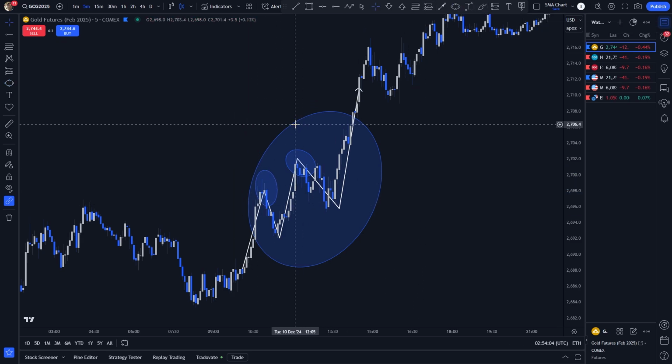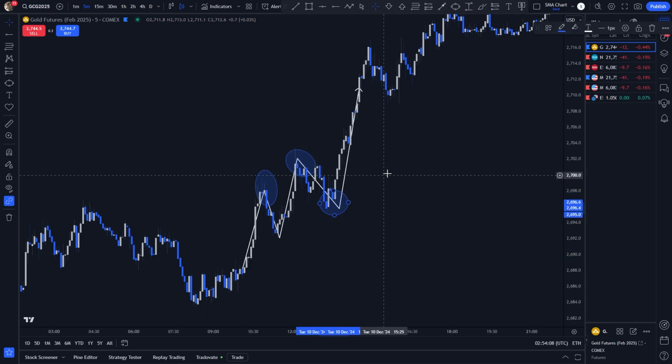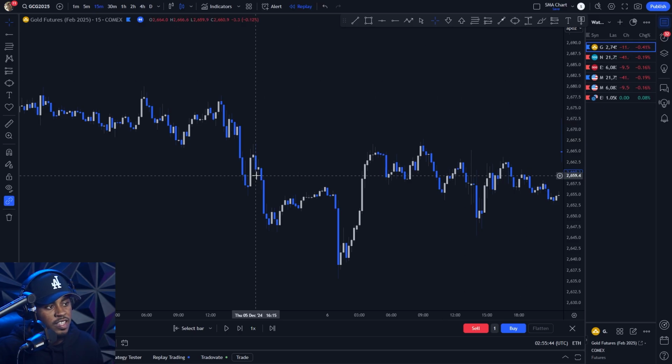Let me delete this so you guys can see exactly what I'm talking about. There we go. And this low is much higher than this low right here. Now that we have that cleared, let's look for a downtrend example. Let's just take this piece of price action over here